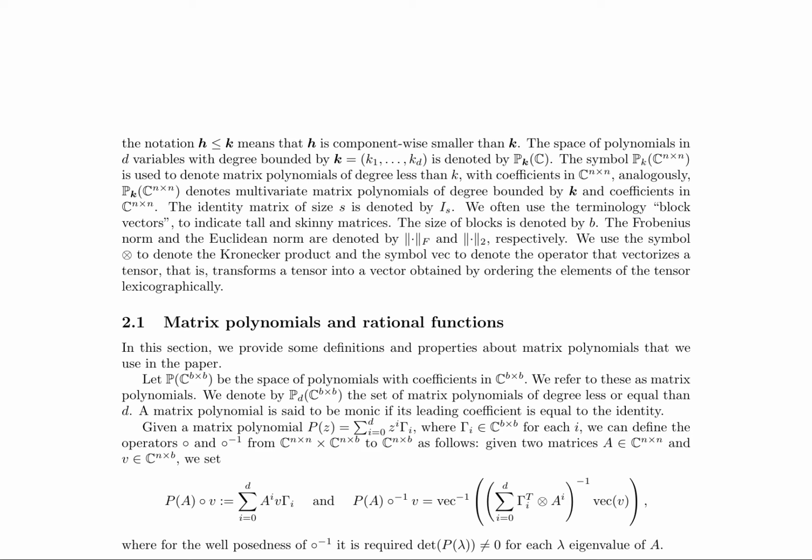In the context of matrix polynomials and rational functions, a block characteristic polynomial of a matrix A with respect to a vector V is a matrix polynomial P(z), such that P(A) ∘ V equals 0. Given a matrix A, a block vector V, and a sequence of poles ξ_k, the kth block rational Krylov space Q_k(A, V, ξ_k) is defined as the set of all vectors R(A) ∘ V, where